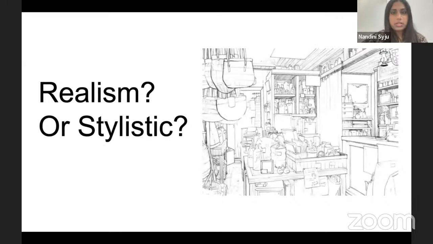So again, it's just an extension of my previous point, where do we go into realism or do we stick with something stylized? So the golden zone is somewhere in the middle, where yes, the proportions are realistic, things are not too cartoony, right? But at the same time, we are not going to extremely shade it at least. We are not going to go into textures, we are not going to go into a lot of coloring, a little bit of hatching here and there, keep things very clean, let people see. But the main point here is to communicate, right?